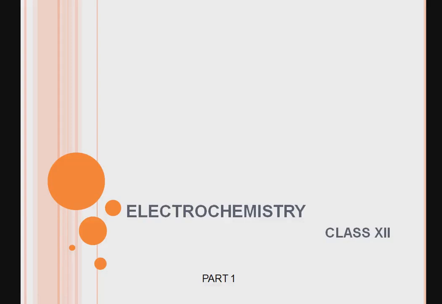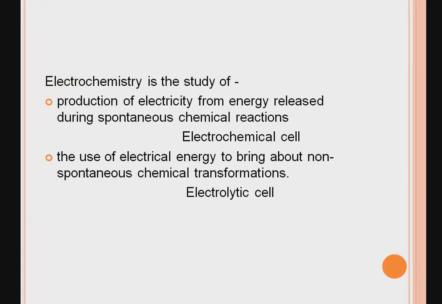Now, welcome to the second chapter of chemistry, that is electrochemistry. Now, let us define first what electrochemistry is. Electrochemistry is basically the study of production of electricity from the energy released during spontaneous chemical reactions and the use of electrical energy to bring about